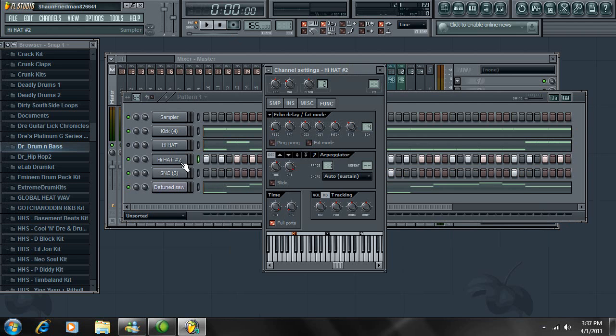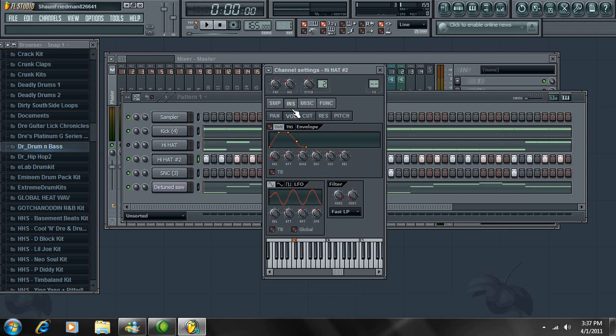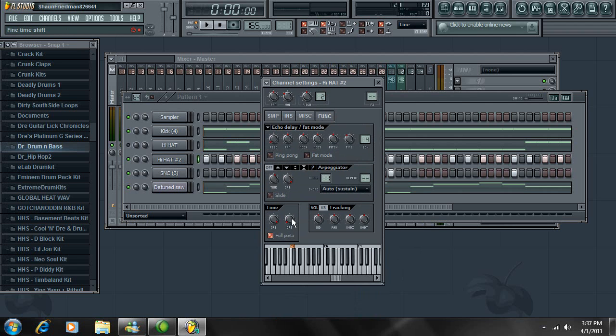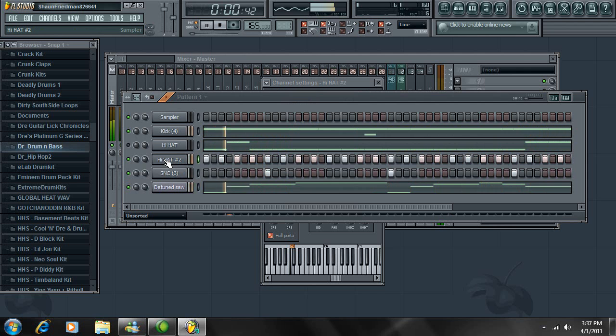But here's an easier way. Get into the channel. You got these tabs here: sample, instrument, miscellaneous, function. There's an offset right here. Listen to this. That's completely on. Watch what happens when you go over here. I'm scrolling to the right with it. Listen to that hi-hat. See? It's a little off. So, you just move it up a tiny bit, and it's got a more human feel,